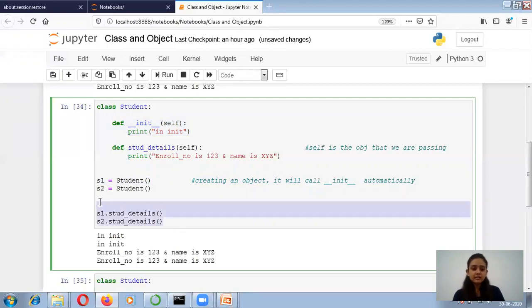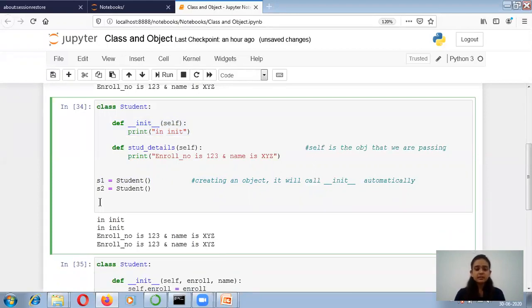So let's check it. I am running this code, that is my class student. In that I have created two different functions. My first function is the constructor. So this is the double underscore, that is two times underscore, then the init method, and again two times underscore. Then in the argument we are writing self, which is the compulsory part, and I am printing init.